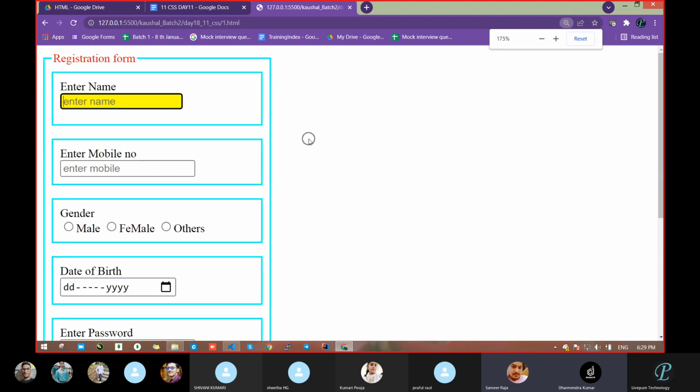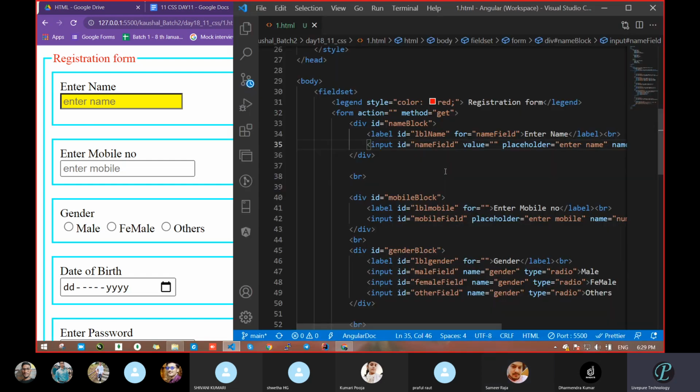Sir, this name, enter name, is only for this input section. Wait, one second. Click the label, and see its effect on the text box. I am going to click on the label, not inside. Take care. What happened? It affects the text box. When I clicked on the label, automatically the focus came inside that particular related field. Suppose I click on mobile, where is the focus? No focus, because we had not combined that.